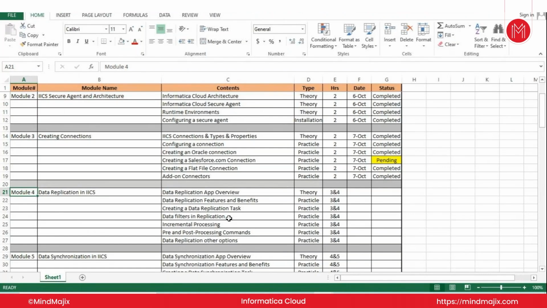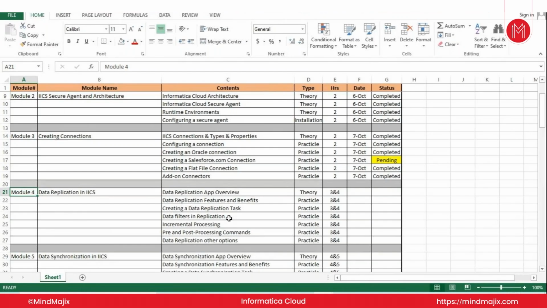So in Informatica Cloud we have a very nice, useful concept called data replication. Using a single data replication task, spending just 5 minutes, you can get the tables created in database B. You don't have to run any DDLs or DMLs for that. Using a single replication task, you can have all 50 tables selected as source and run the replication task. For the first time your tables will get created, and then the data will get copied. So this replication task is really effective,